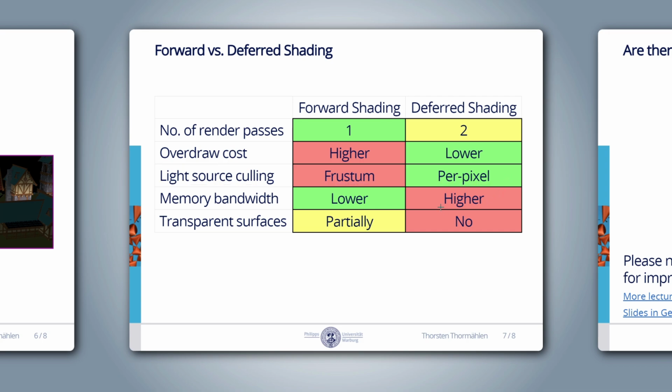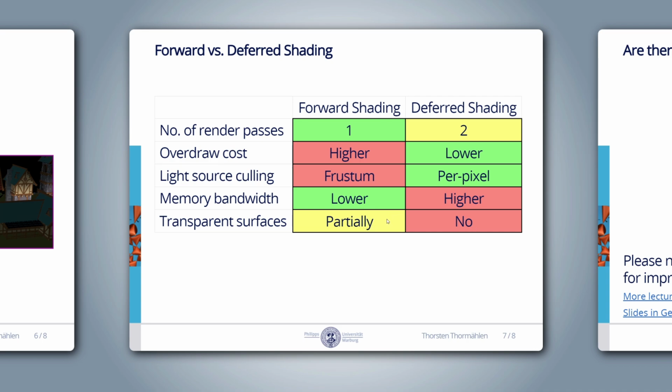A disadvantage of deferred shading is that we need more texture memory. It also generates more read and write operations on the memory. GPUs can reduce memory latency by switching to another parallel thread or by caching. Nevertheless, for deferred shading, the overall performance might be limited by the bandwidth of the memory access. Another disadvantage of deferred shading is that it cannot handle transparent surfaces because only the closest surface to the camera is known when we evaluate the lighting in the second render pass. Forward shading can deal with transparent surfaces, but only if the surfaces are not interpenetrating and are sorted from back to front on the CPU.